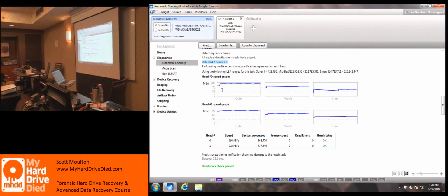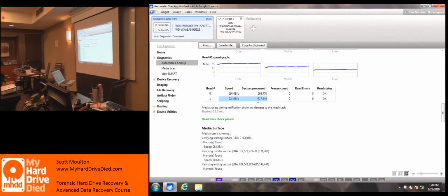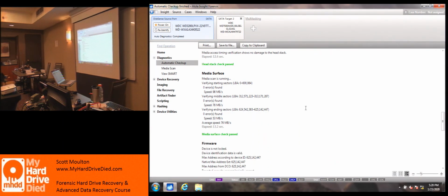So now you can see in each position how fast the head is and what its response is, and then its overall time and speed. You can still see that head number 1 is faster than head number 2. Or head 1 is faster than 0. Then it checks